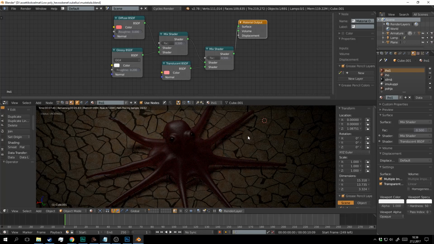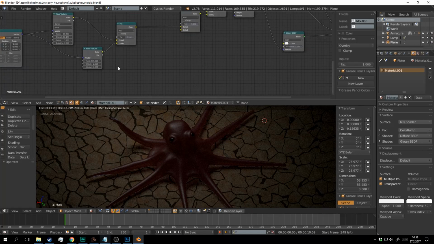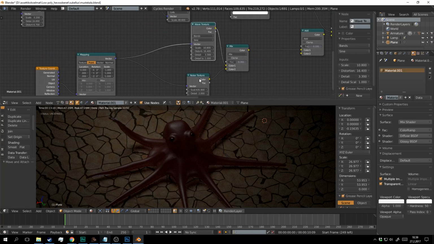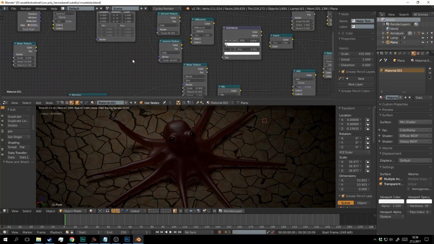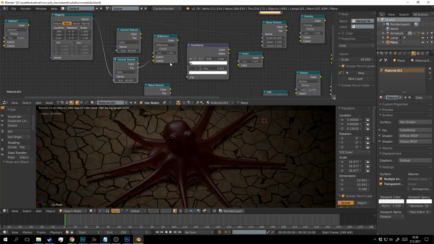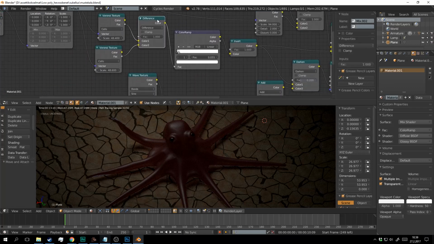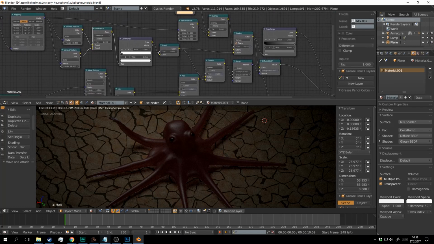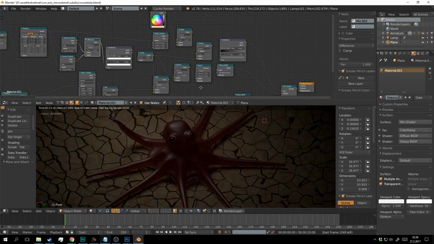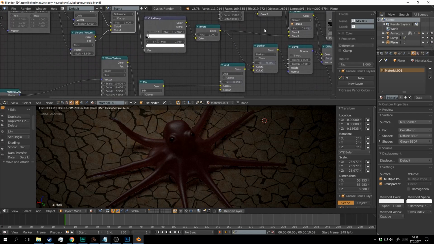And maybe you want to see also the floor, how it's made, so I will show it to you. If you understand these nodes, you will maybe get some idea what's going on there. I'm mixing two Voronoi textures together, and when they are mixed like that, they will create those cracks.